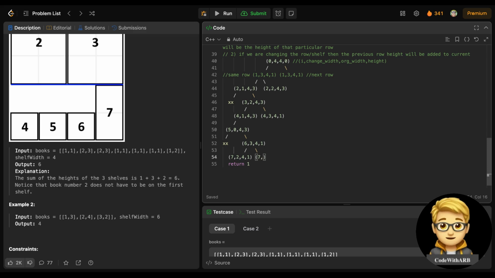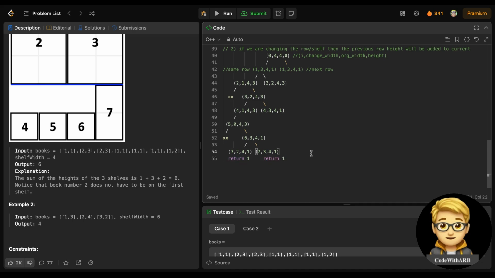So this 7 will be 4 minus 1, which is 3, this is 4, and this is 1. So we will return 1 from here, right, in this case. And if you observe one thing,